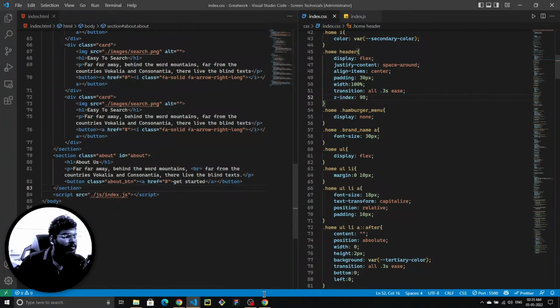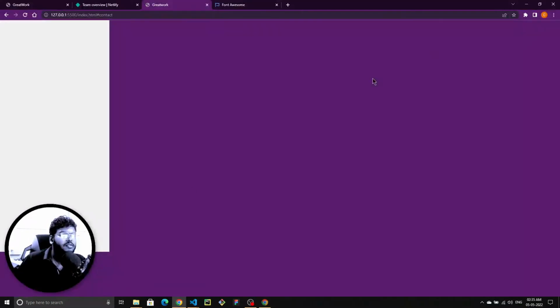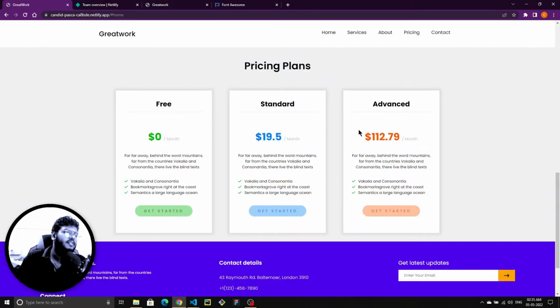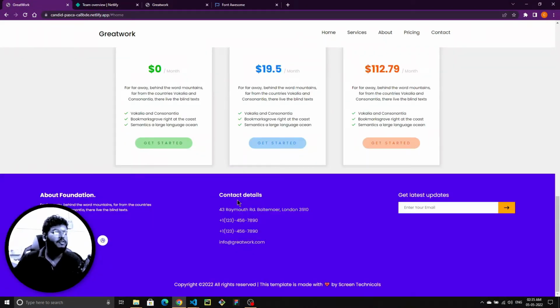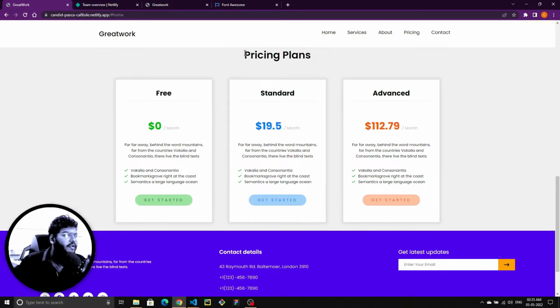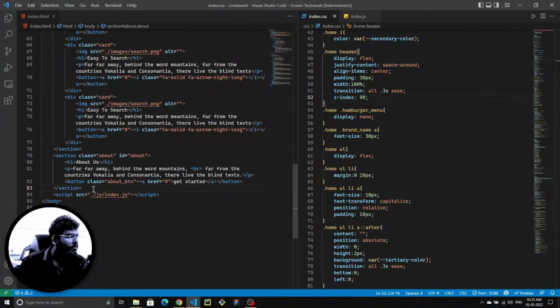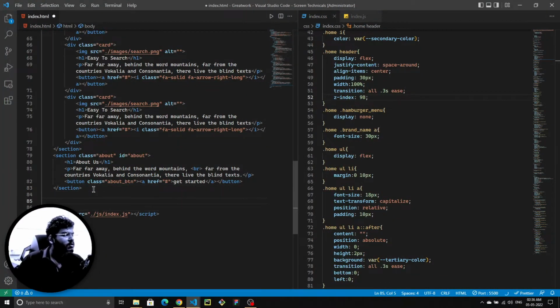Now we're going to create the pricing plans, and then finally the contact footer part. So we're going to create the pricing plans right now. After this section, I'm going to write a section with a class of pricing and an ID of also pricing,